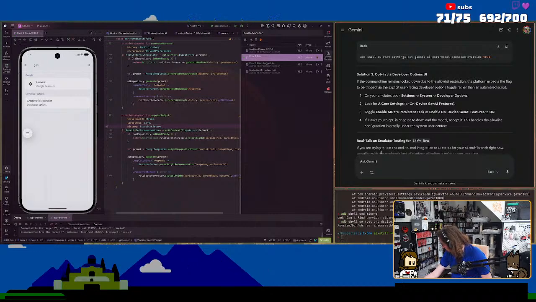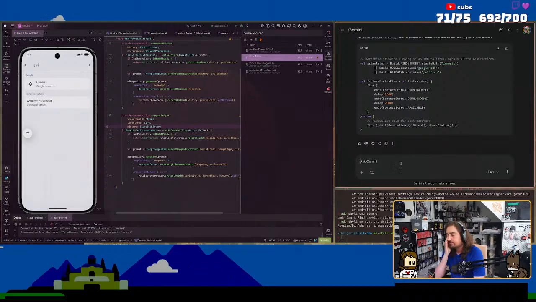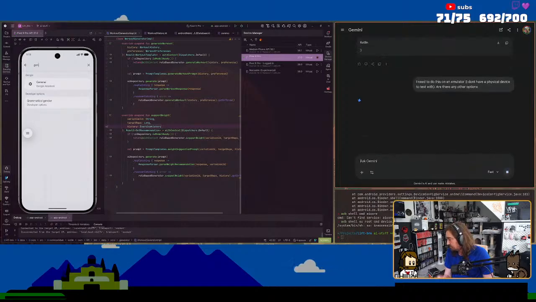I don't think it's new enough though. I need to do this on an emulator. I don't have a physical device to test with. Are there any other options?